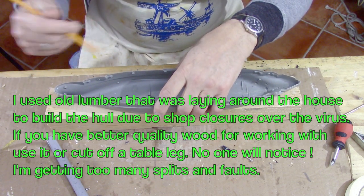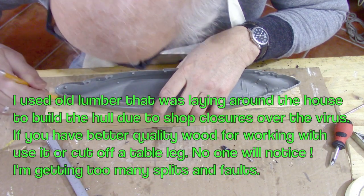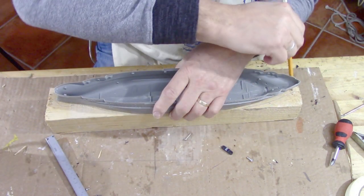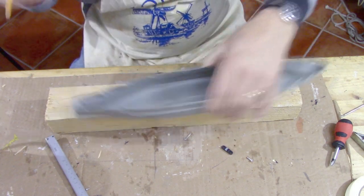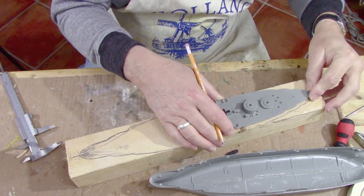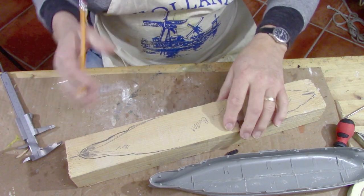We want a little bit of space in front. It's going to be something like that. I suppose I should do the top here, but I've done the bottom now, which will chisel out quickly, and we'll see what we got afterwards. That's the bottom. So I've used the templates of the actual plastic model to the stern and the bow and laid them down and copied them over, see? And now I can do the bottom,